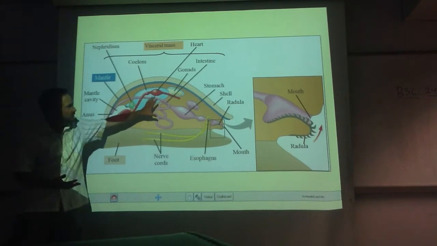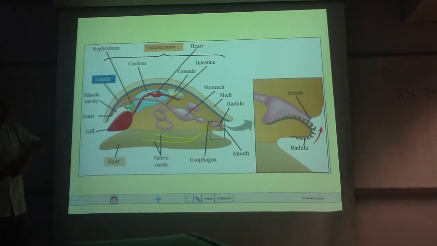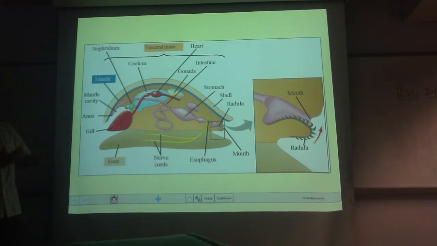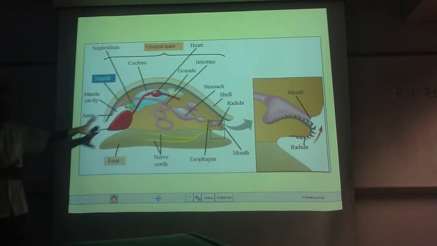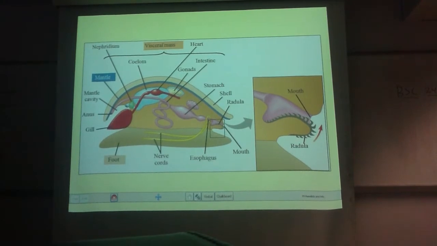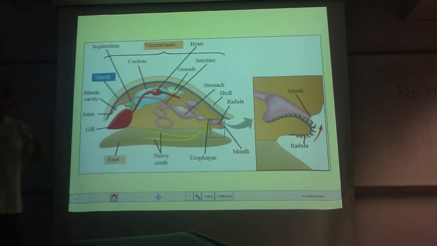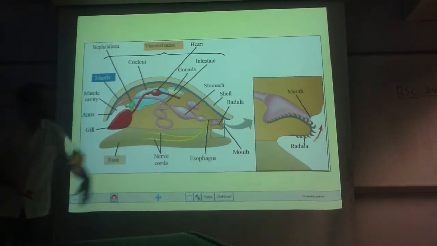The visceral mass, which contains the coelom with the internal organs, and then this mantle that secretes a shell. So we've got this soft body, three-body part plan with a shell, yeah? And you'll notice it's got some more general characters. You'll notice, like most invertebrate animals, it has a dorsal circulatory system, it has ventral nerve cords, and it also has